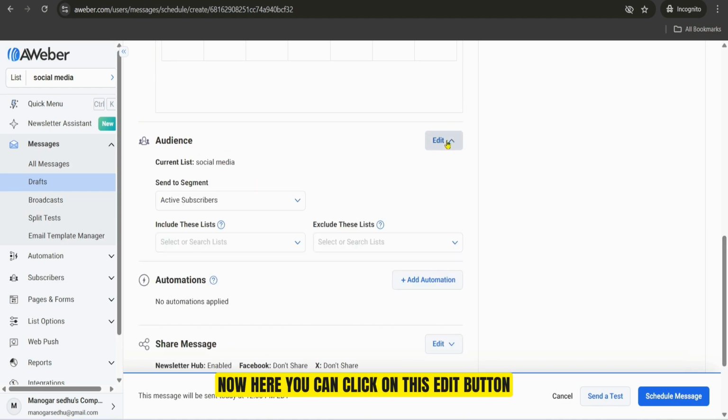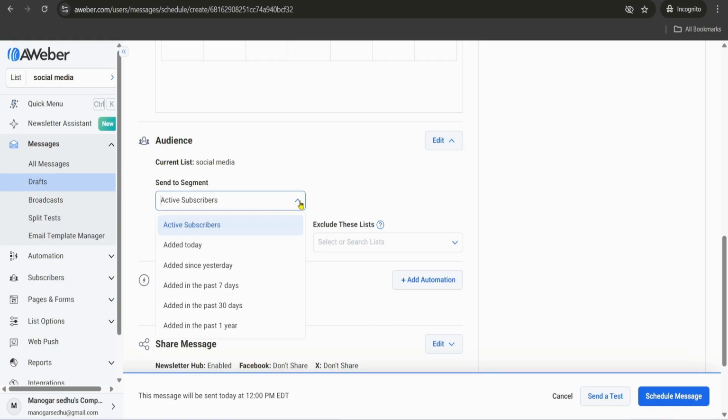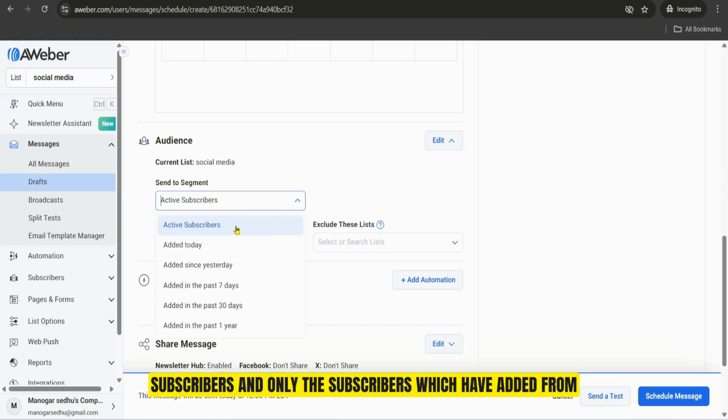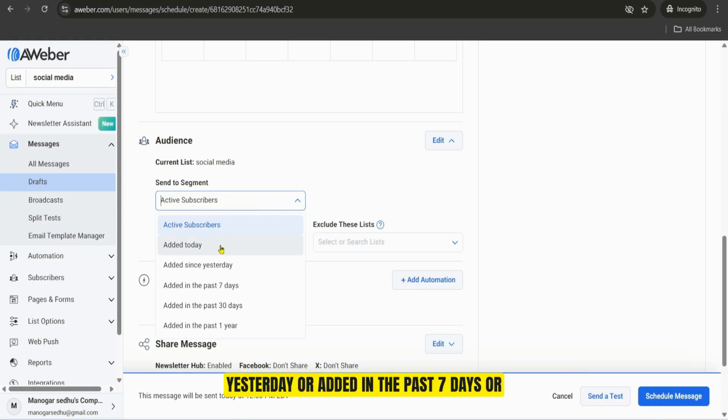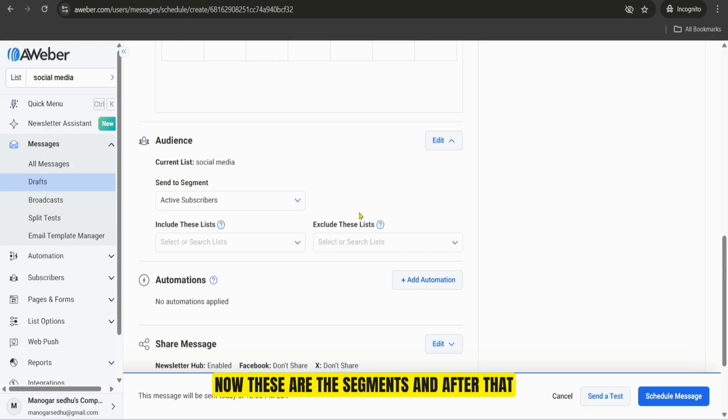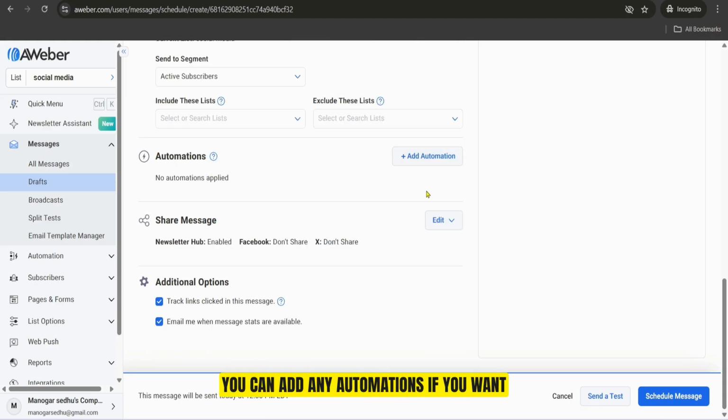Now here you can click on this edit button and you can see this current list. So it is social media, and you can select whether you want to send it to their active subscribers and only the subscribers which you have added from yesterday, or added in the past 7 days, or added in the past 30 days, or added in the past 1 year. Now these are the segments, and after that you can add any automations if you want,